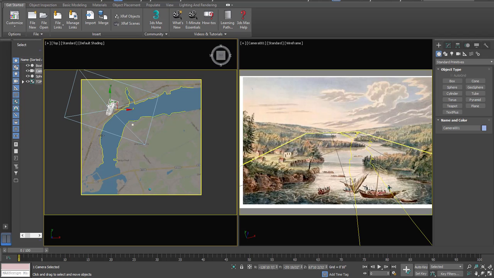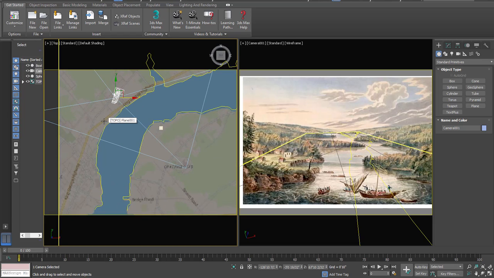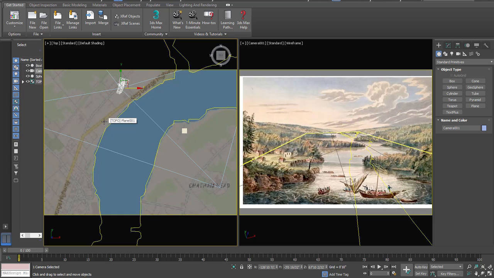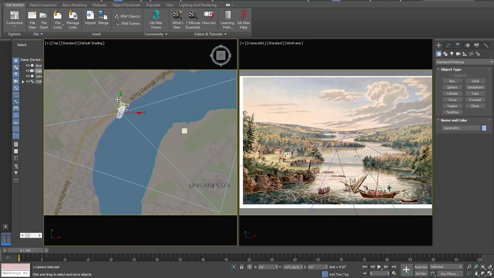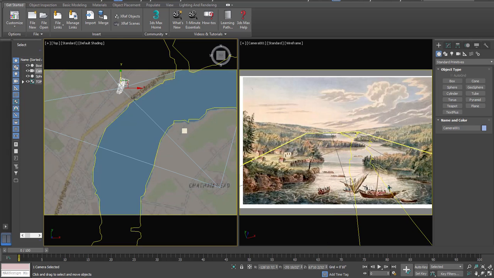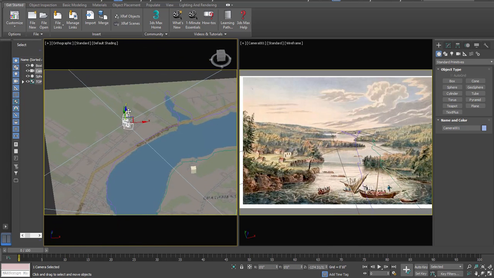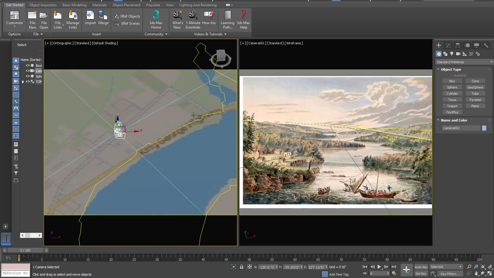They would have been easily on the King George Highway area, right around this spot here, where they took the photo. To give you an idea of the photo perspective,